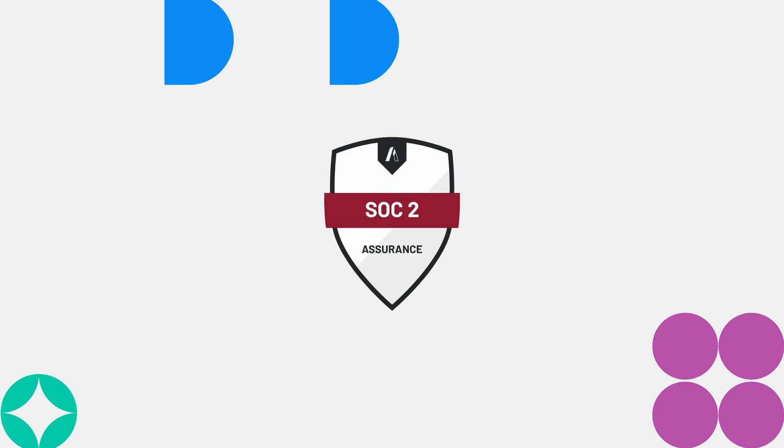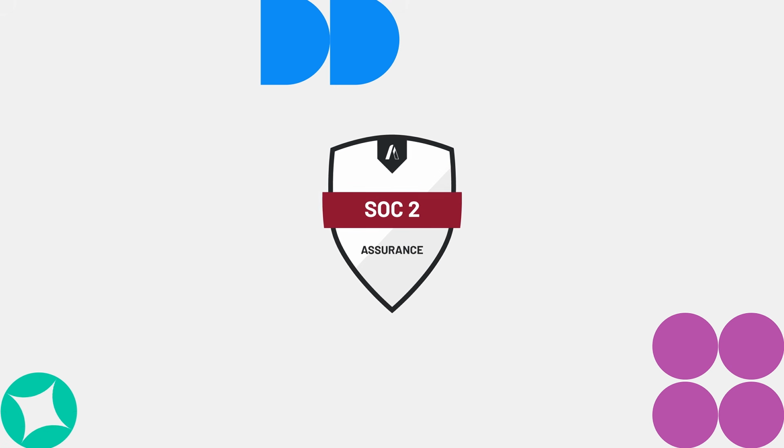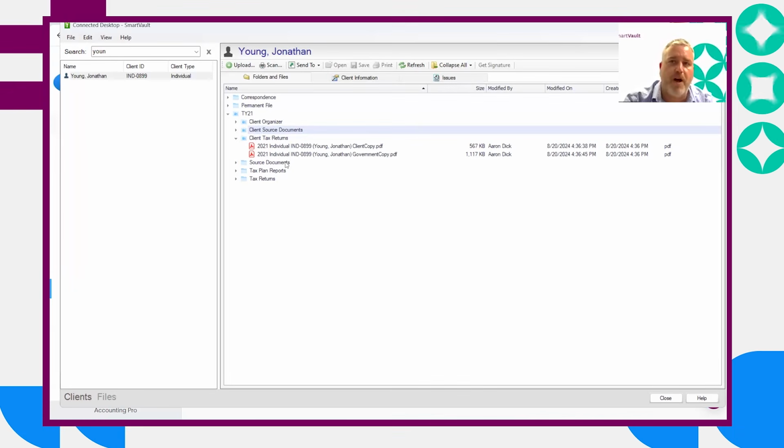We are SOC 2 Type 2 compliant in our DMS platform, and we have a robust activity reporting log. We also have version history and document recovery. There is a file check-in and checkout process. There also is granular permissioning set up for the staff, and you can control what the client accesses within the folder structures. Along with this, we do provide unlimited storage and unlimited clients, but most importantly, everything is encrypted